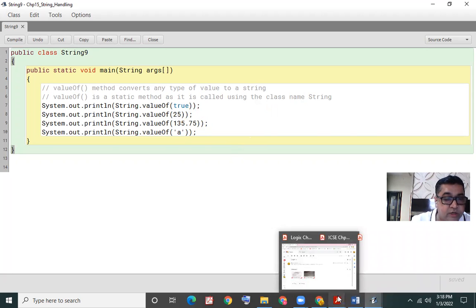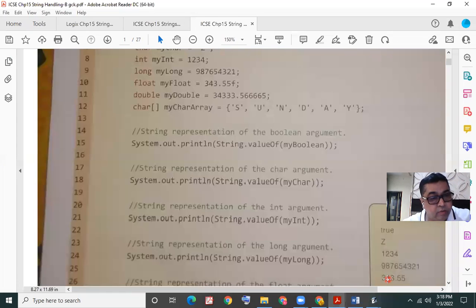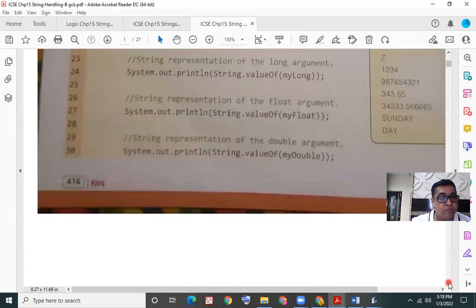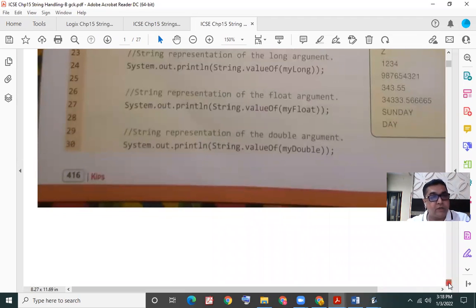Okay, so this is the discussion we have had on the valueOf method. This one last example is based on arrays, so we'll discuss it separately. Don't worry about it now. As of now, we have completed our discussion for the day.